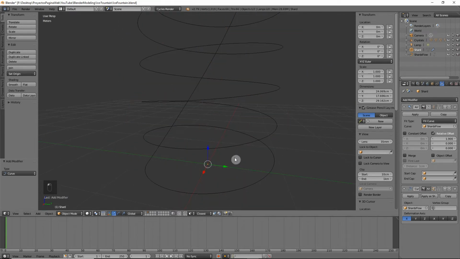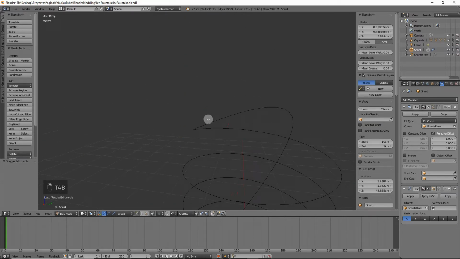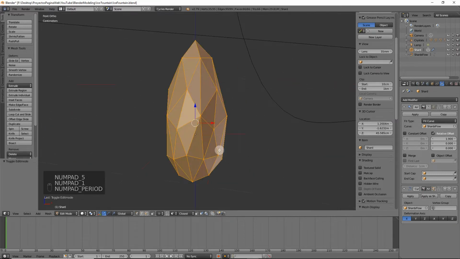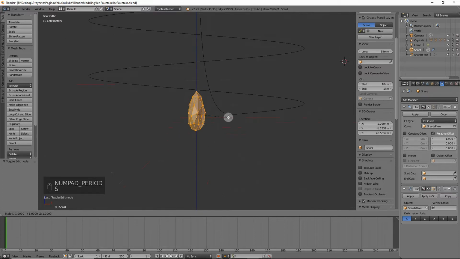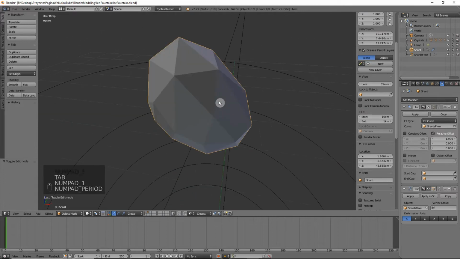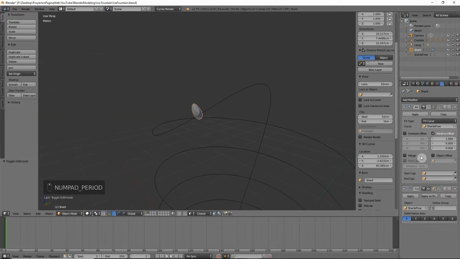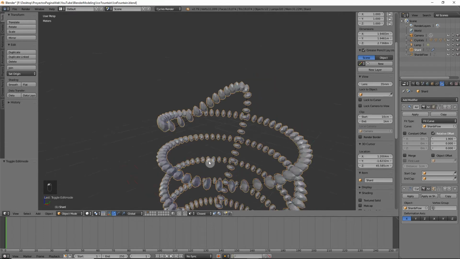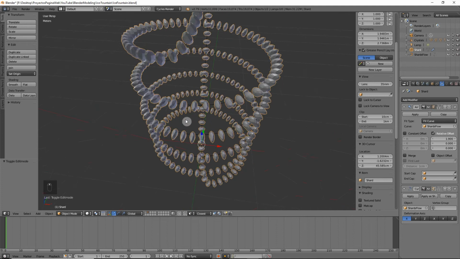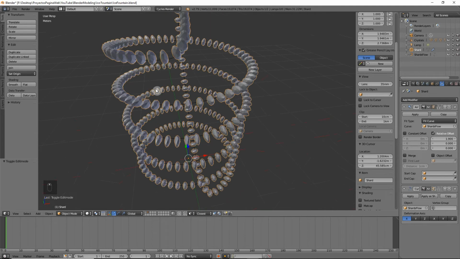For now, since we don't actually have that problem, we come in here, we select the shard, this goes to the center, and we are going to scale it down a bit, like that. So I think something like that will do. And let's see what happens with it now. So we re-enable the array, and now it looks, I'm not too happy with the direction of it. I would prefer actually them to